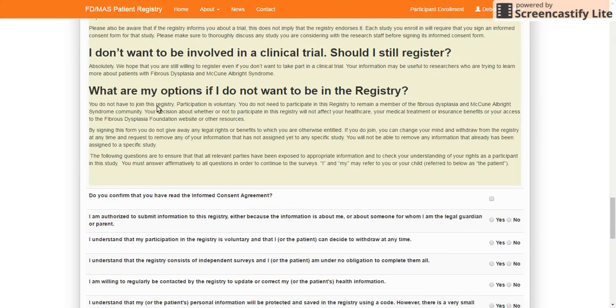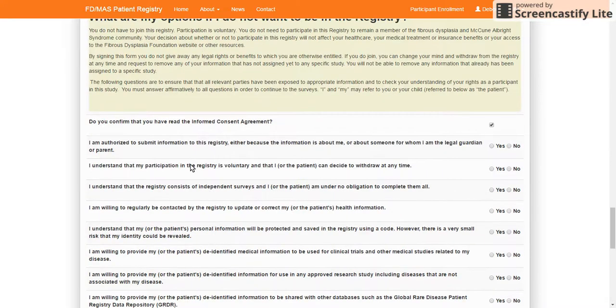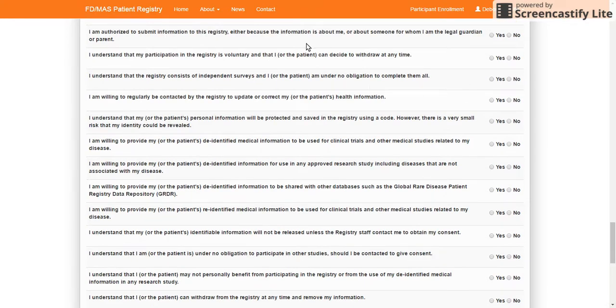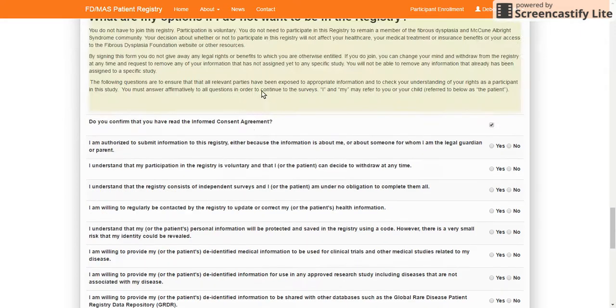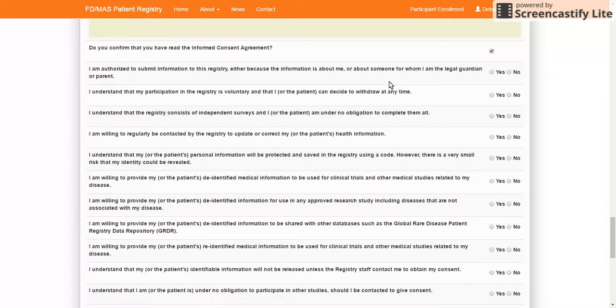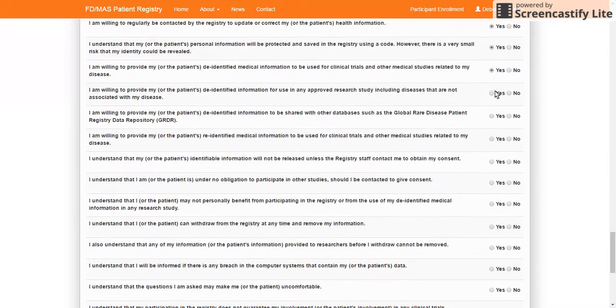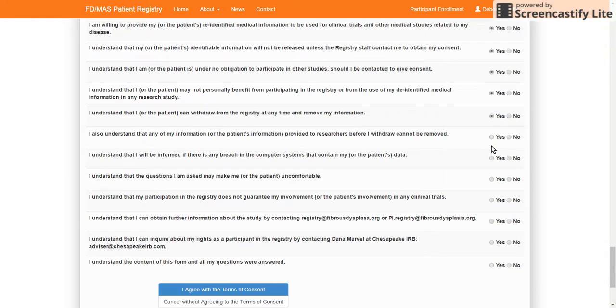So you should read the informed consent, click that you have read the informed consent, and then you'll just encounter a series of yes or no questions with the most important pieces of information from the informed consent, confirming that you understand it. For example, that you are authorized to submit information, that you understand that participation is voluntary, and so forth. Once you read all the questions, and I'm going to skip ahead, but it is good to read these questions one by one. It's really important to make sure that you understand